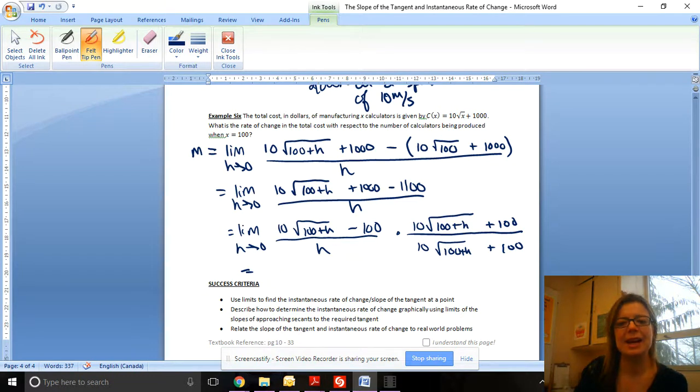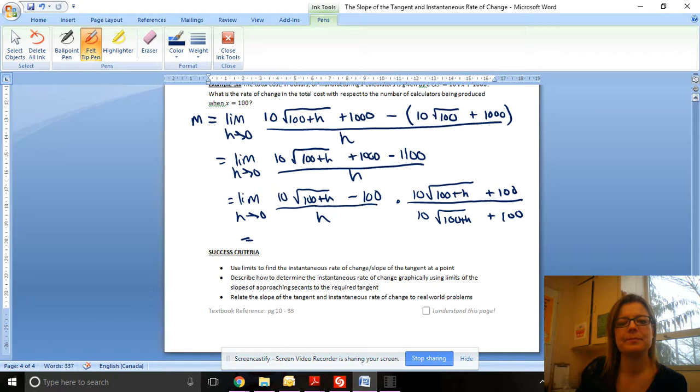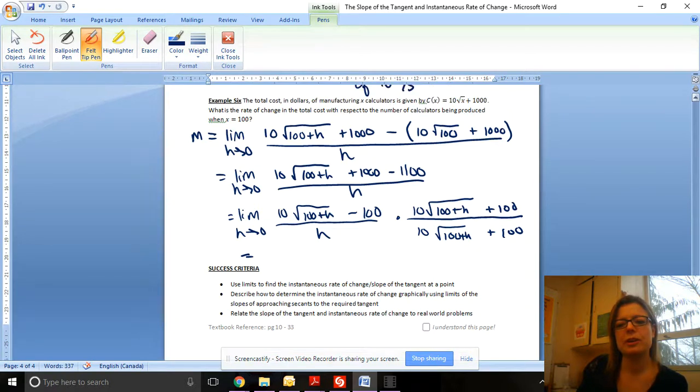All right, read over the success criteria and make sure that you can interpret this answer within the context. Remember, this is going to be the cost per calculator. It's the rate of change because C is in cost and X is in number of calculators. So whatever you get here is going to be the increment